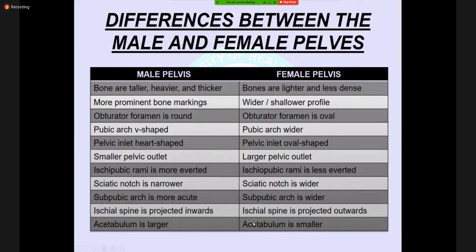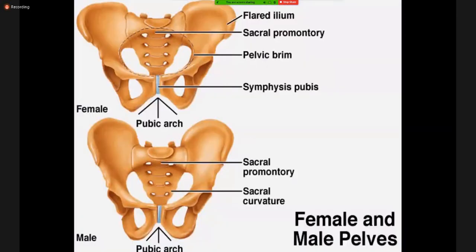So these were the salient differences present in the male and the female pelvis. I think with this we come to the end of the, no, we don't come to the end of the lecture, we'll go on. So you can see the difference in the male and the female pelvis. Below is given the male pelvis, and above we have the female pelvis. You can see, if you compare the pubic arches, you would notice that the female pelvis has a much wider pubic arch compared to the male pelvis.